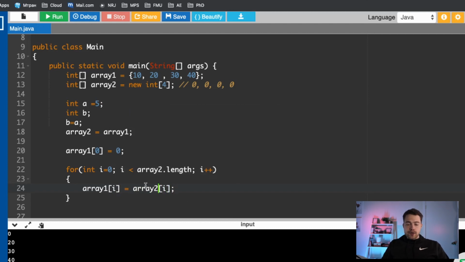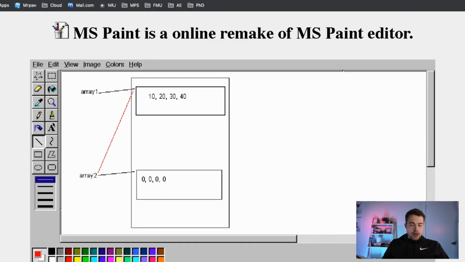So in this case, what happens? You copy not arrays, you copy integers, right? Because it's an array of integers, right? That's why you'll be copying primitive data types, and that's why it will work correctly. In this case, you're going to copy the content of the array, but not the address of the array. So in this case, what's going to happen is